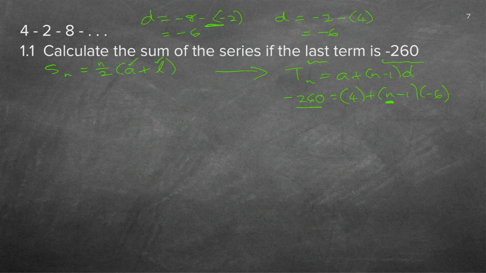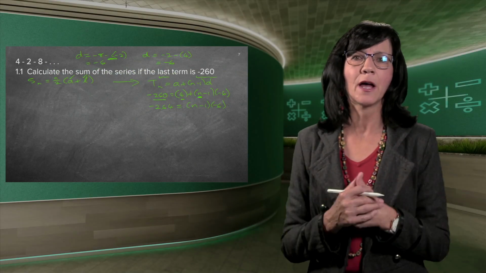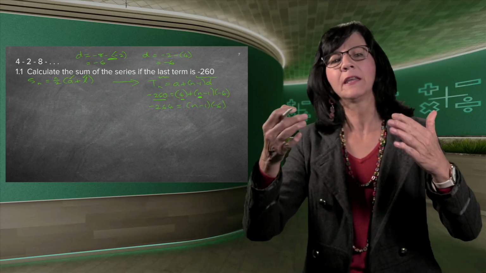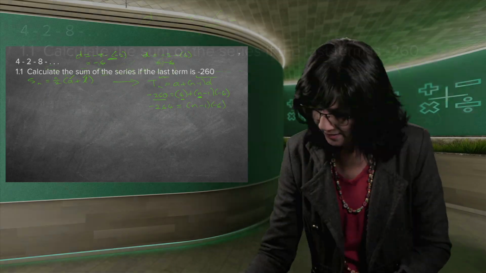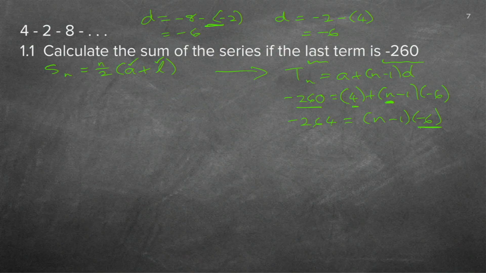So now I'm going to take the 4 over first because that's the loose term. So it's minus 264 if I take it over. I'm not going to multiply out there. There's a very good reason for it. I want the n all alone. If I multiply out, I'm going to get minus 6n, which in the end I'm going to have to get rid of again. So rather get rid of that minus 6. And what is the minus 6 doing? It's multiplying. So what do you do? You divide. So I divide the left-hand side by minus 6 as well, which gives me plus. 6 go in there 4 times. 24, 4 times is n minus 1. So n is equal to 45.